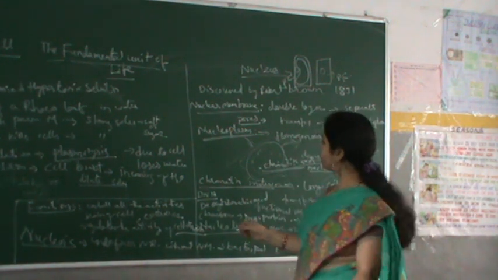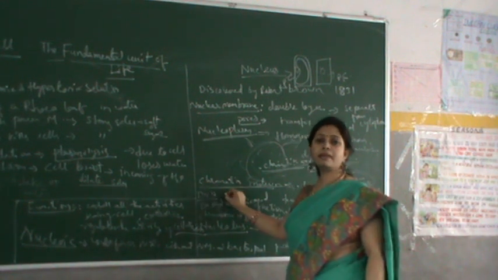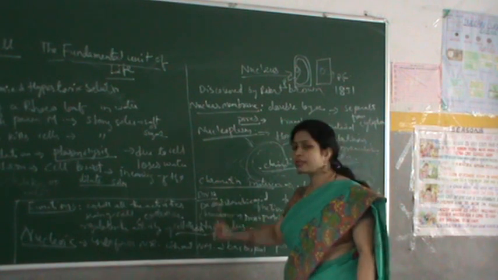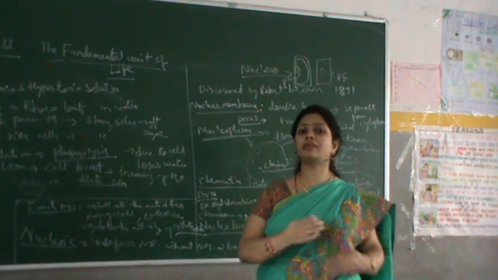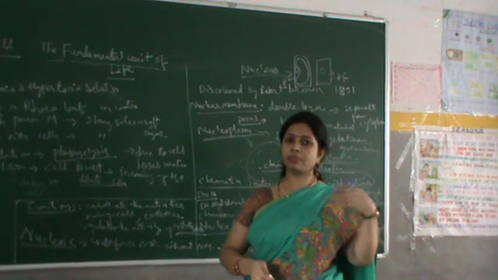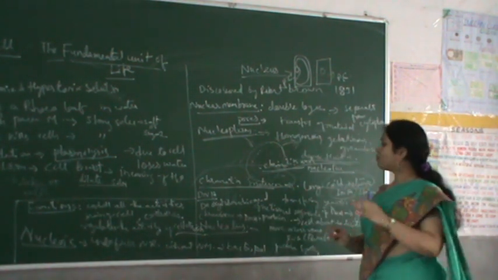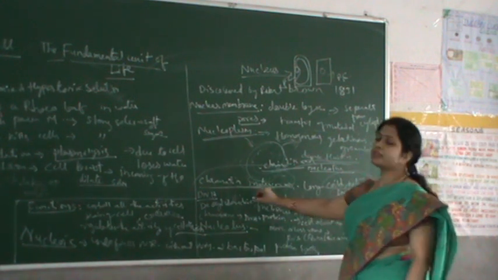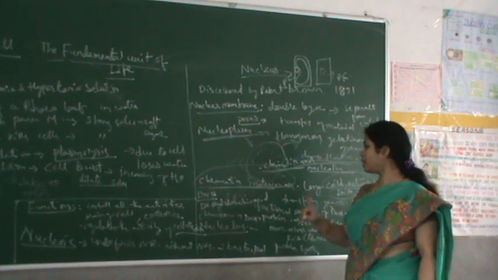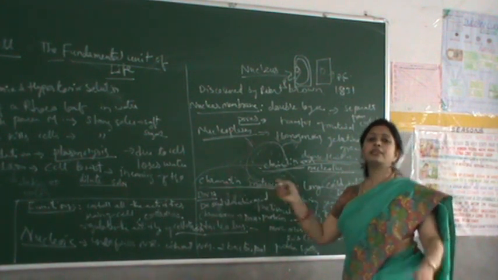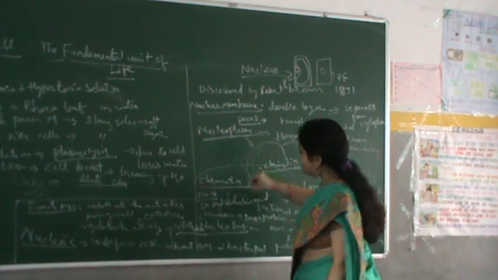What is the full form of DNA? The components of chromatin material are DNA and protein. What is DNA responsible for? DNA is responsible for the hereditary characters which are transferred from one generation to the next, from parents to their offspring. Whatever characteristic features are present in the cell are carried forward by DNA from one cell to the next. When a cell divides from 1 to 2, the two new cells have the same characteristics as the older, parental cell.